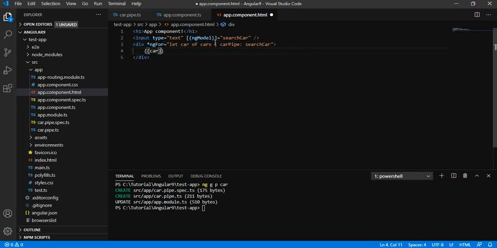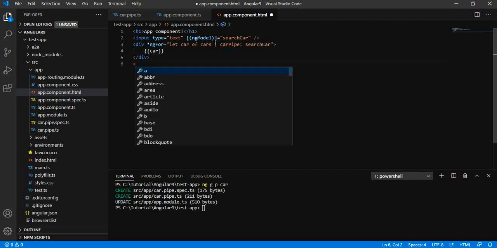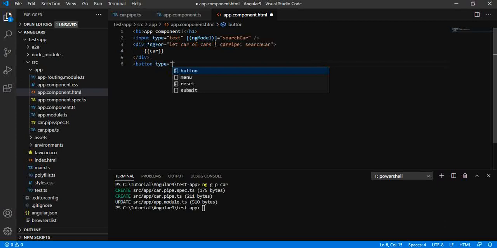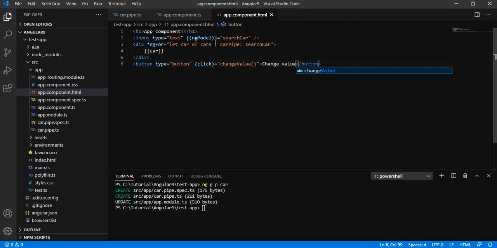And we are trying to print the cars, and we have a button of type button, and on click equals to changeValue. Let us run the application.